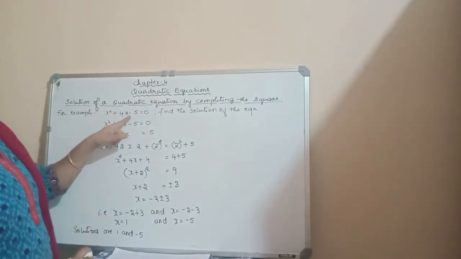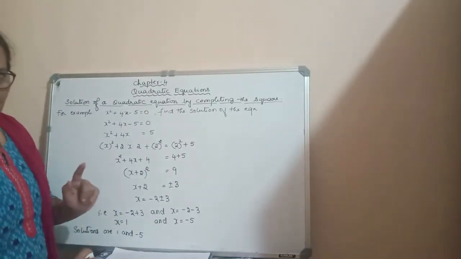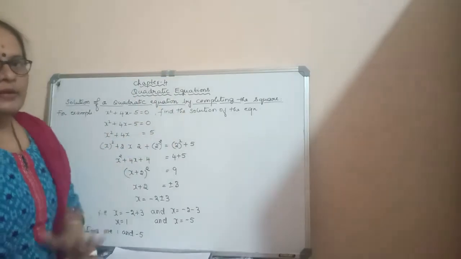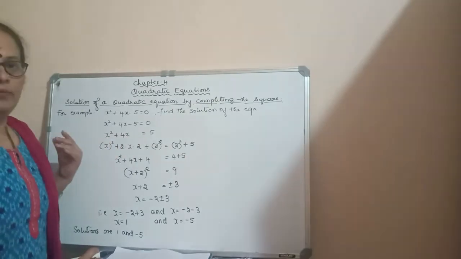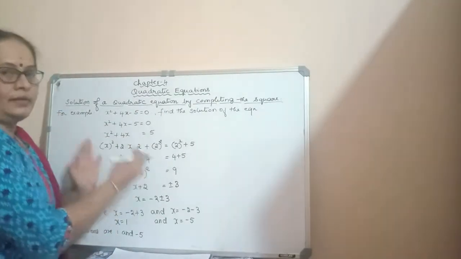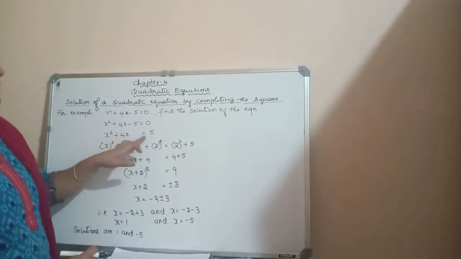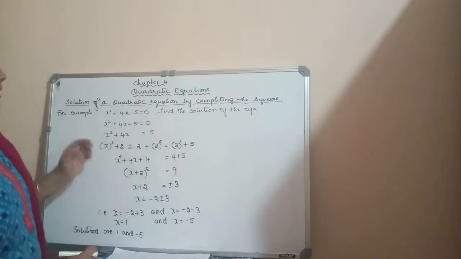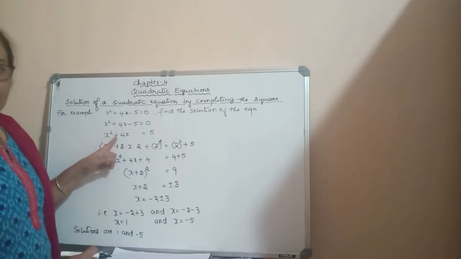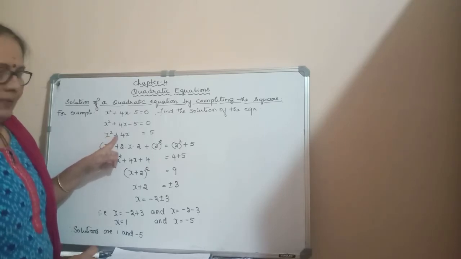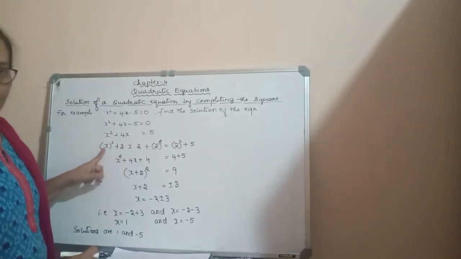x square plus 4x minus 5 equals 0 is a quadratic equation. First step, you have to shift the constant term to the right side. Then add some number on both sides of the equation so as to get a square number on the left side. So see here, x square plus 4x equals 5. Now x square you can write as x whole square plus, here the plus sign is there, so it is understood as 2ab. So 2 is a constant term. Then a and b. What is a here? Already you know a is 2.